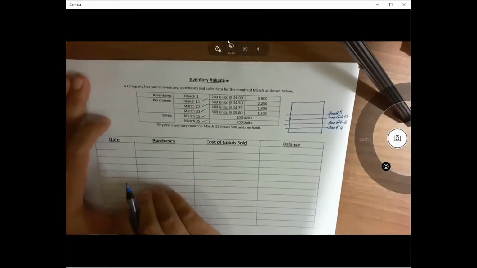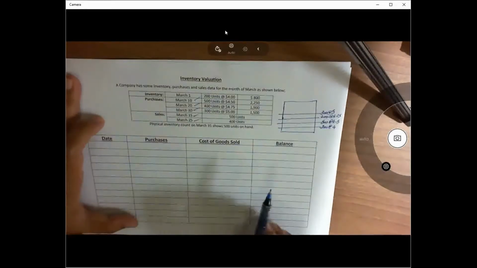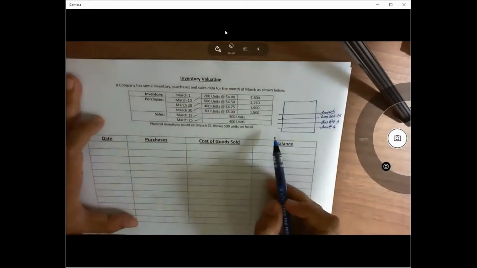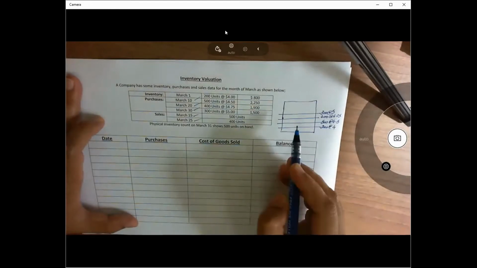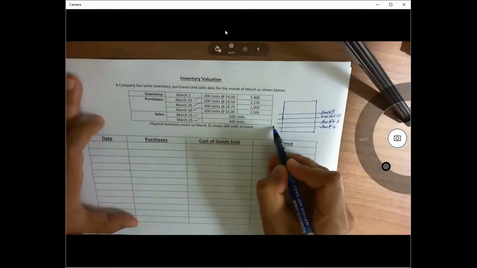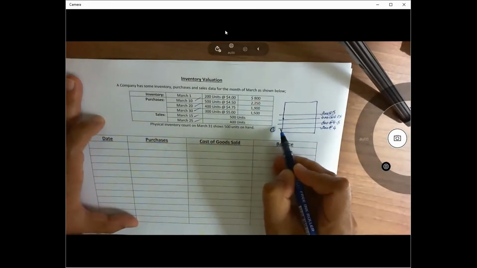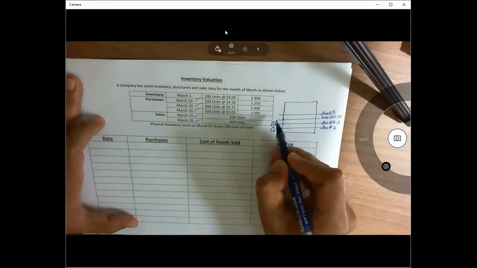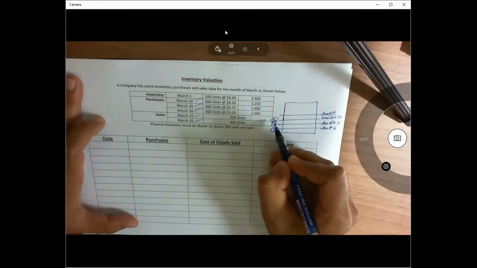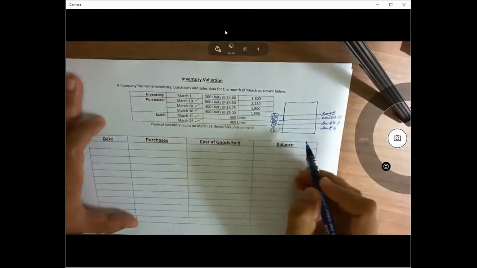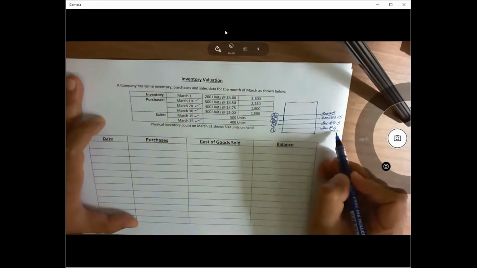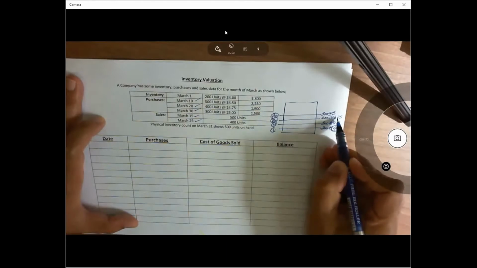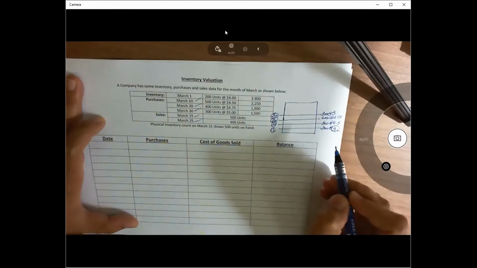So now you can see this is representing our storeroom. In this storeroom, we are putting the inventory in stacks, and the oldest inventory goes at the bottom. This is the oldest inventory, this is our 1st of March. Then we purchased some inventory on 10th of March, then on 20th of March, and then on 30th of March. So you can see as the time goes by, the cost of the inventory is increasing from $4 to 4.5 to 4.75 to $5.